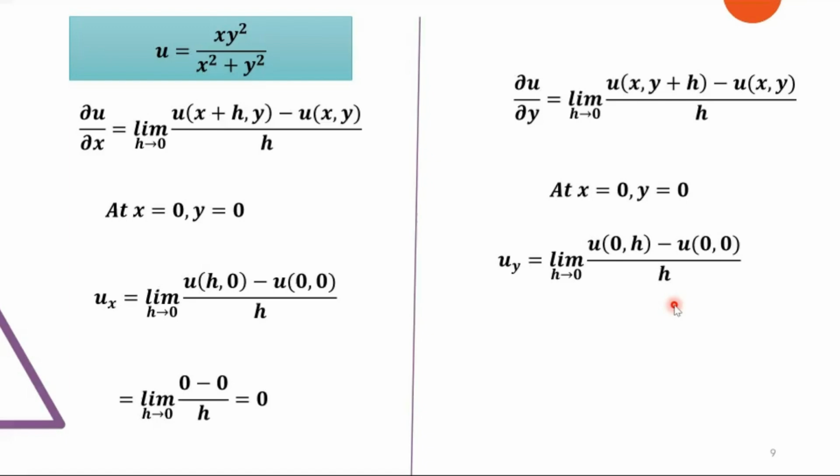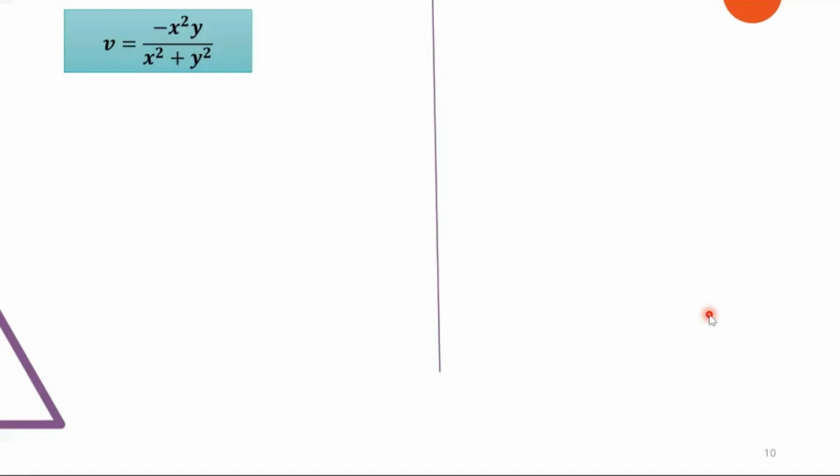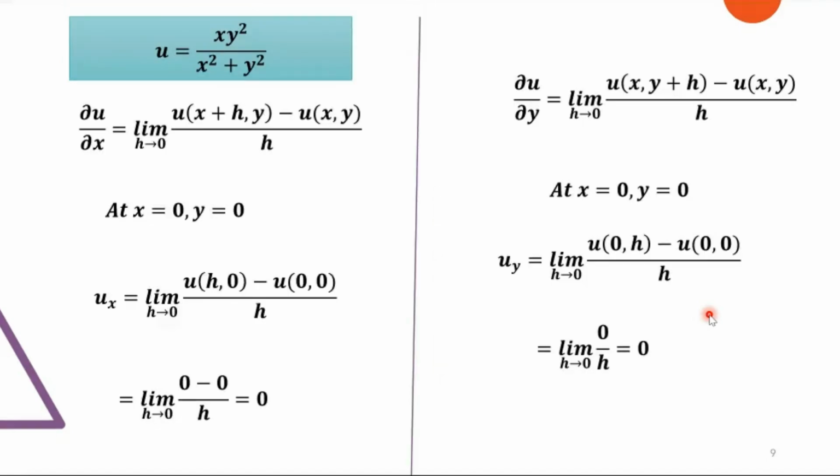फिर से हमें u के दो फंक्शन दिए हैं, ये वाला u हमें फर्स्ट इंटरवल में से यूज करना है, और ये वाला u की जो वैल्यू हमको यूज करनी है वो सेकेंड इंटरवल में से यूज करनी है। तो फर्स्ट इंटरवल में u की वैल्यू ये थी, तो व्हाट इज व्हेन x is 0, y is h, again it becomes 0 because it's a product function. तो ये 0 हो गया, and from the second interval u is already equal to 0, फिर से 0 minus 0 upon h, that is equal to 0. तो uy is equal to 0. ठीक है,